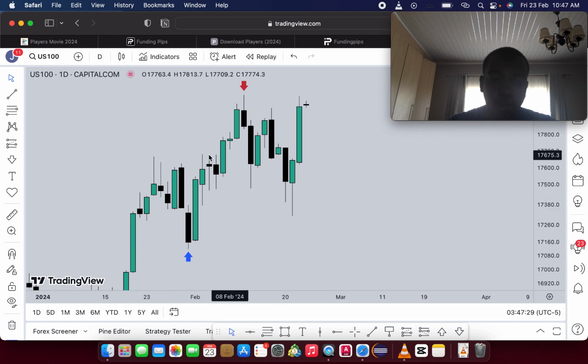I wanted to see lower prices to get into a discount, and to be specific, I was looking for the optimal trade entry levels. So let me just put that on the chart. I'm measuring from low to high and trying to mark out where our optimal trade entry levels are. You can see how we bumped into the 61.8% level, the 70.5,